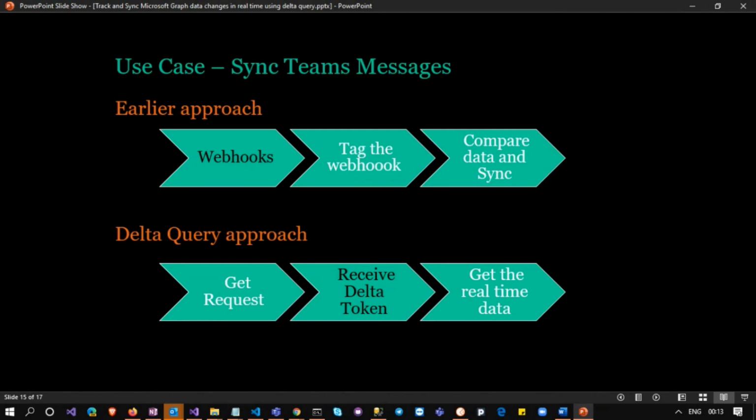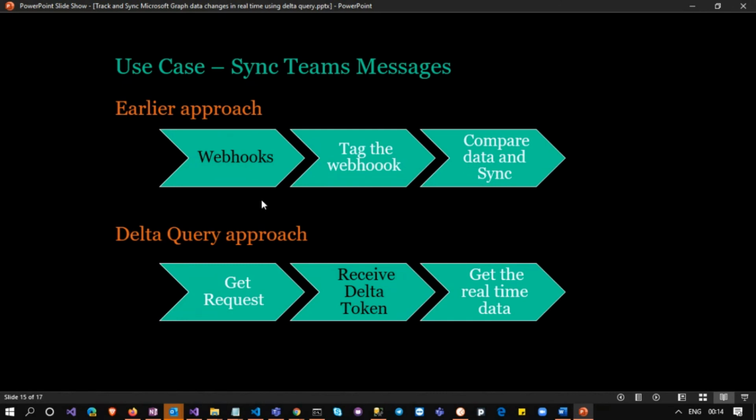What we do here is simply make an API call. This is a normal REST API call as you see in Graph. You make a GET request and receive the Delta GET response, and you keep the messages in your data store for Teams messages, based on your application. In your initial request, you will get the Delta token. In your upcoming requests, you just pass the Delta token and get the real-time data. You need not depend on anything.